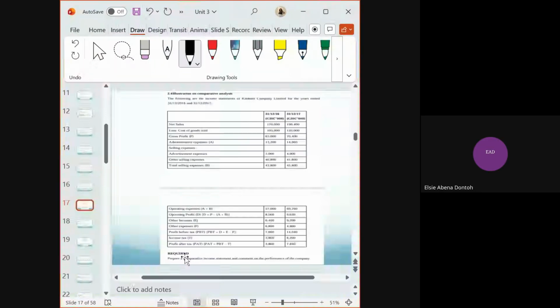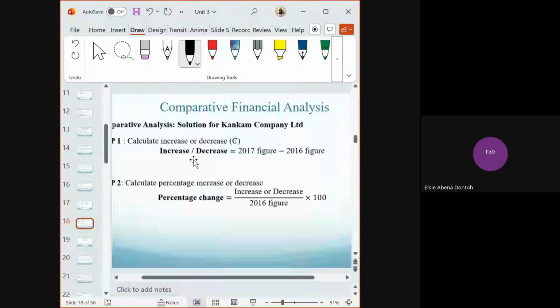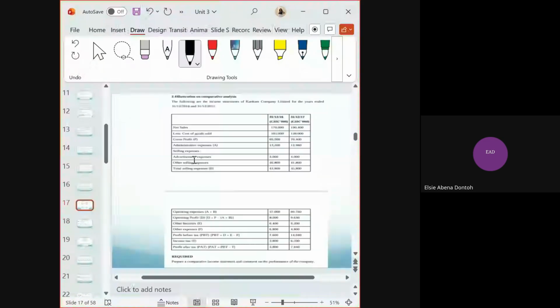So for Cancom Limited, we'll do a comparison. So we have the net sales here, less cost of goods sold, gross profits margin, gross profits, administrative expenses, selling expenses, advertisement expenses, and all that. And we want to make a comparative here. So here, what we do is that